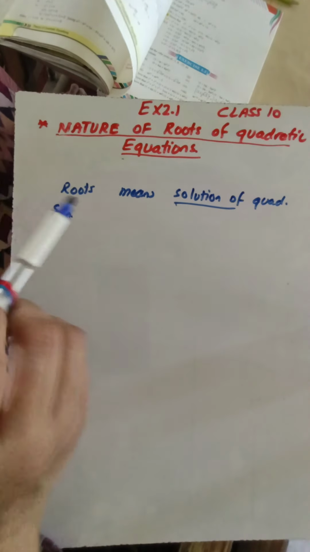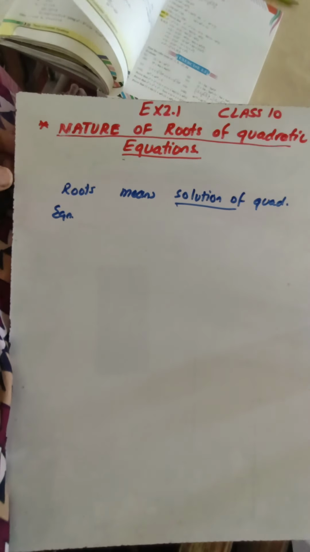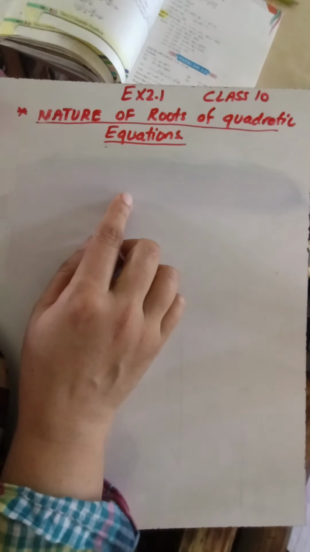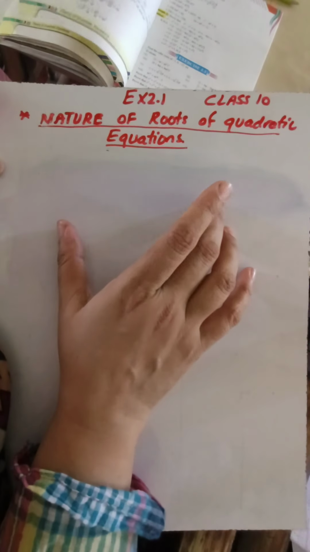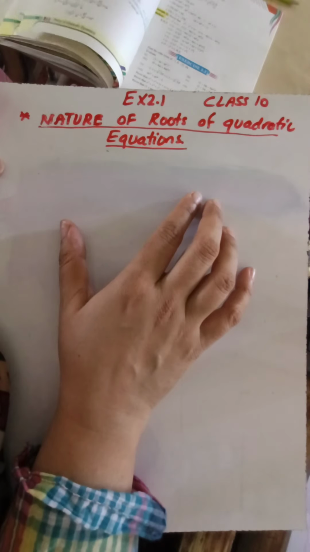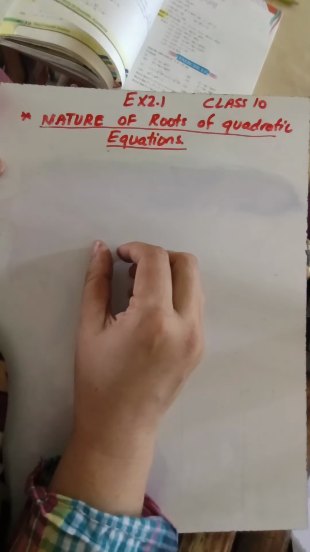Okay, so if we want to learn the nature of the roots of the quadratic equation, then for this we need to know the properties of the solutions or roots of the quadratic equation. Nature means you want to know about the properties of the quadratic solution. So note that in this video we don't want to know about the value of the quadratic solution. We only want to know about their nature, as to whether they are real or imaginary, or whether they are going to be equal or unequal, and such things.